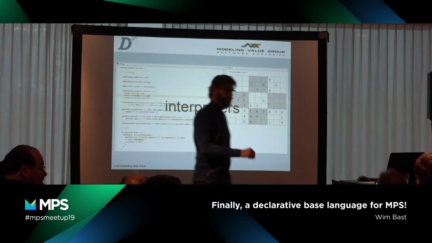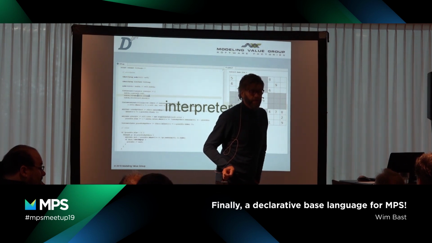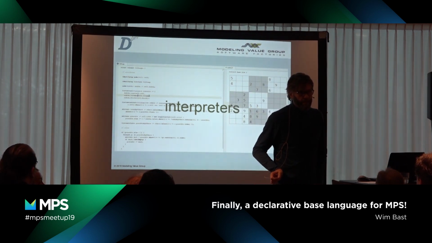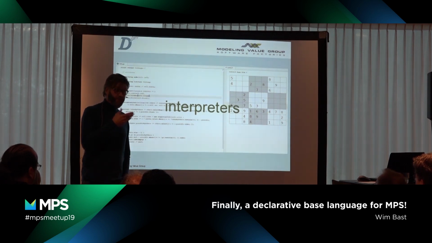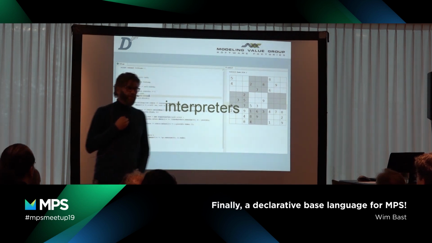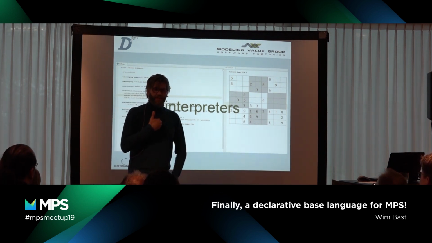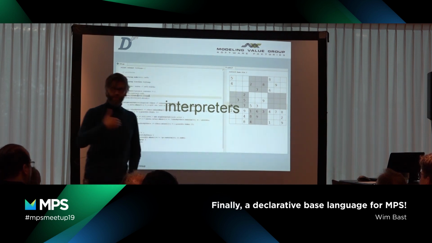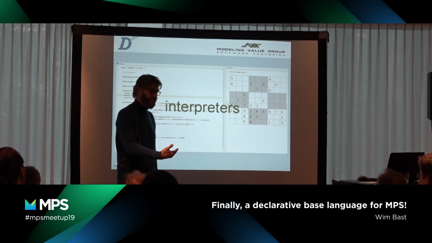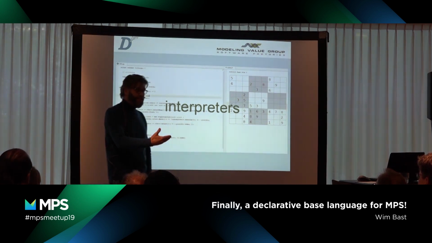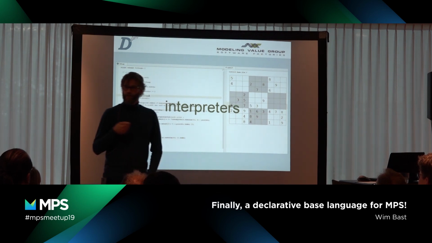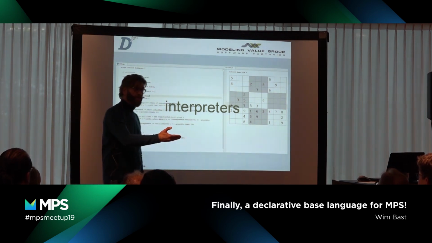How would you define the difference between transformation and interpreter in this context? The question is how I define the difference between transformation and interpreter in this context. Actually, I don't think there's a difference. Exactly. So it's a kind of artificial distinction, but if you look at the principal things that you have to solve, they're actually the same thing. We didn't need a specific extension for DclareForMPS to do either.